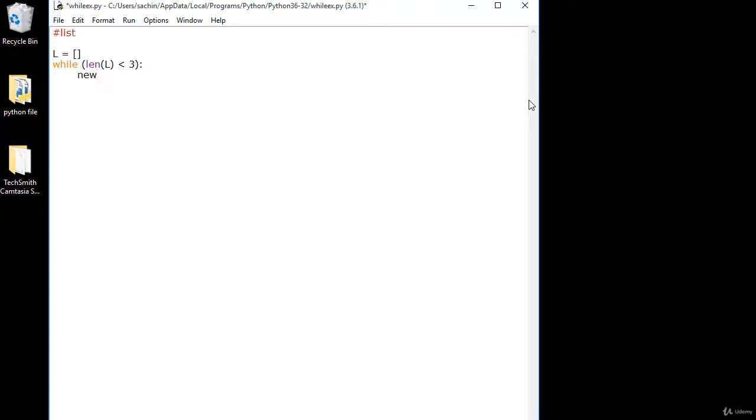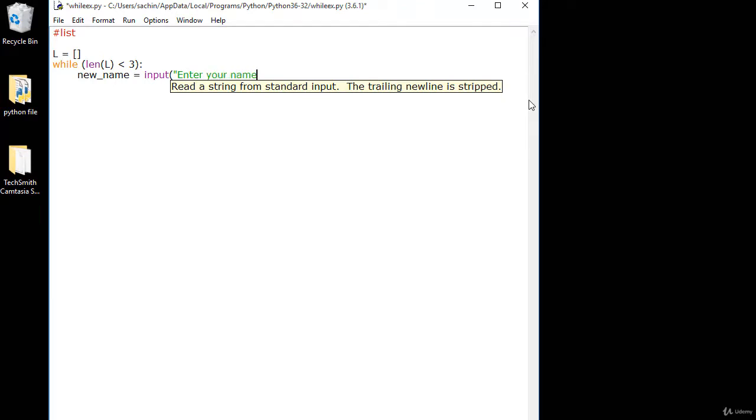I'll make a new variable where we're storing the input, that is, enter your name from the user, and I will just strip this. We have already talked about the strip method from the string class in our string formatting chapter, and I'll also capitalize it because it's a name.